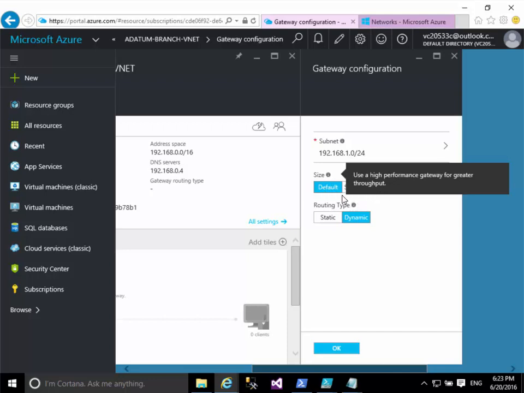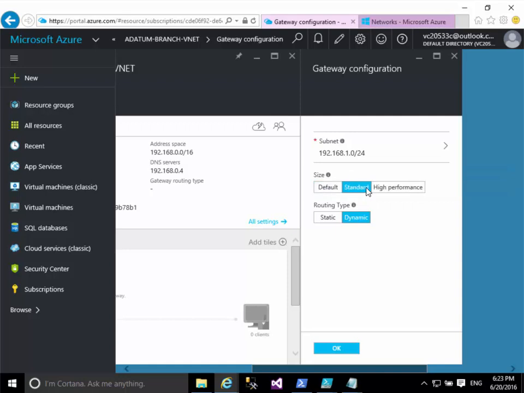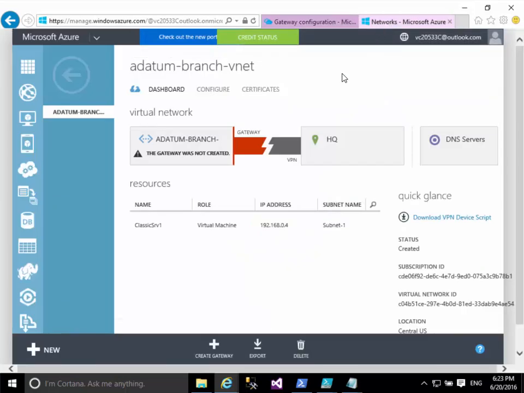And you can choose the throughput: standard throughput or high performance throughput. Okay. Now we can also create a V1 gateway. And notice we're here at